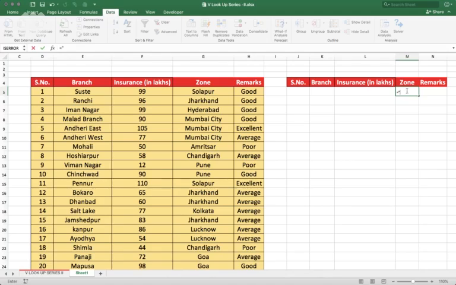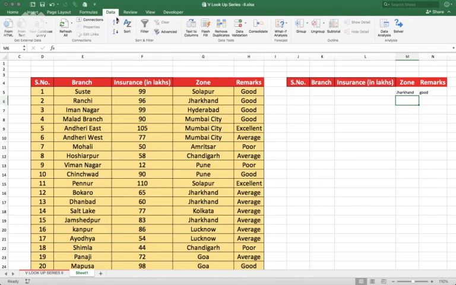Please note that for advanced filter option you need to start with equals to and then put a double quote. Now, I will simply write the name of the zone, which is Jharkhand. Now I'll go to remarks and write equals to, double inverted commas open, and then I'll write good and press enter.